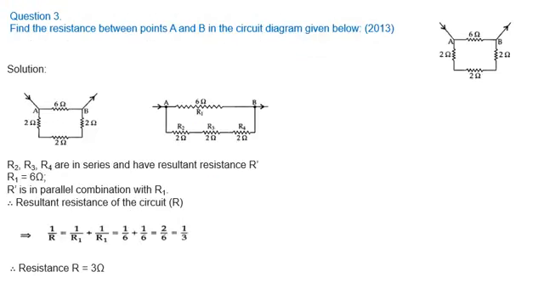Let's do the next question. Find the resistance between the points A and B in the circuit diagram given below. You have to remember, children, that whenever you get a circuit diagram, redraw it and find out where the current is going. The current is coming through A. It goes through the resistor of 2 ohm, and then again through the next 2 ohm resistor. Here they have named the resistances R2, R3 and R4, and this one is R1. So current flows through these resistors and goes out.